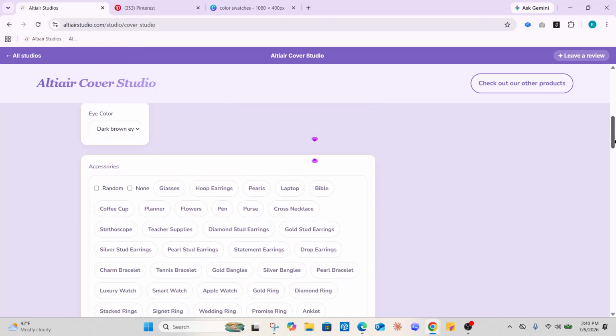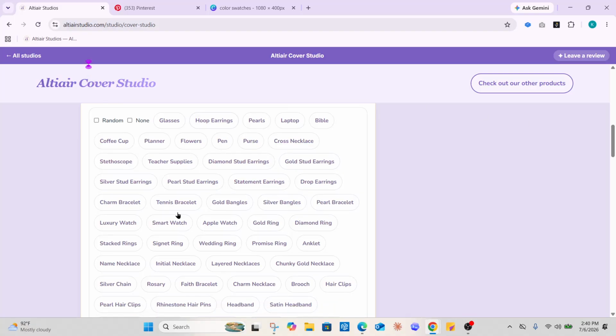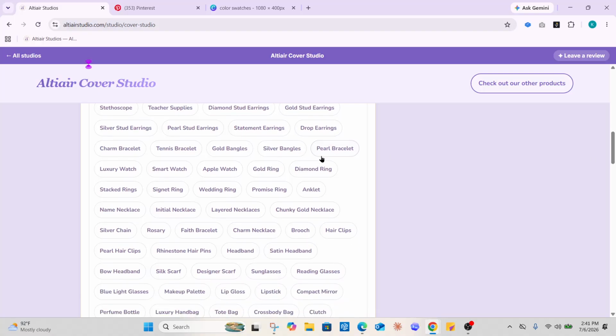All right. And for the accessories, you can choose any of these. They are multi-select, so you can have multiple accessories if you would like. You can have no accessories if you would like. Just click here. So for this example, I'm going to give her a charm bracelet,